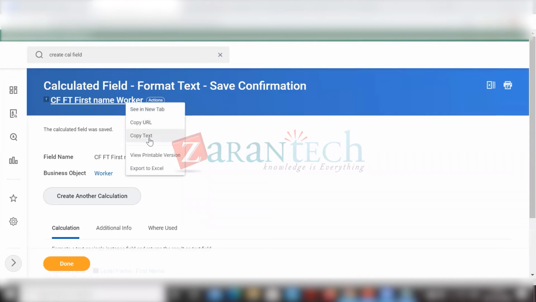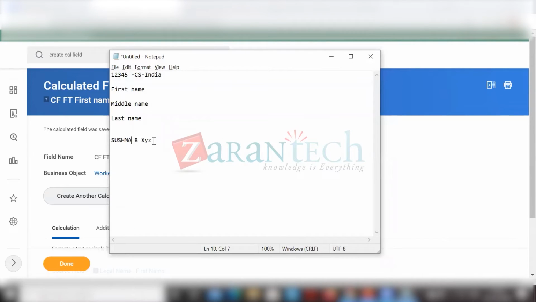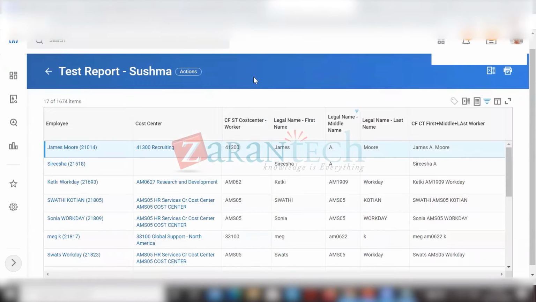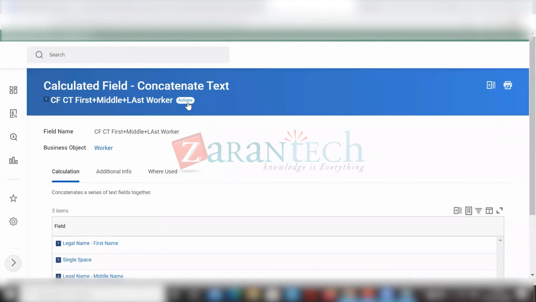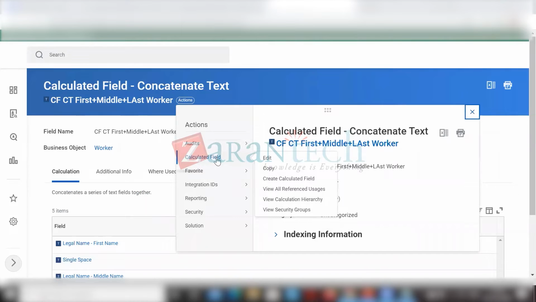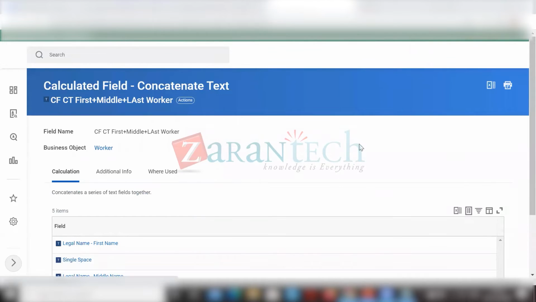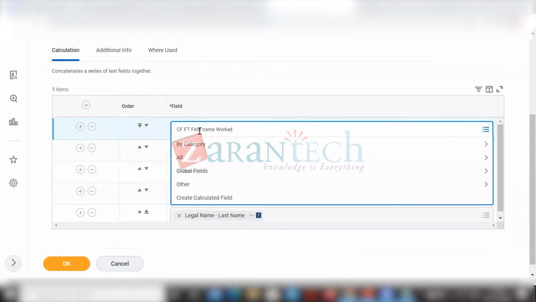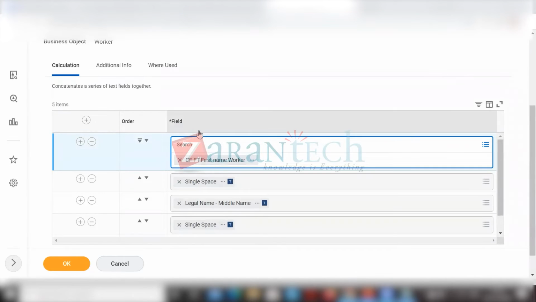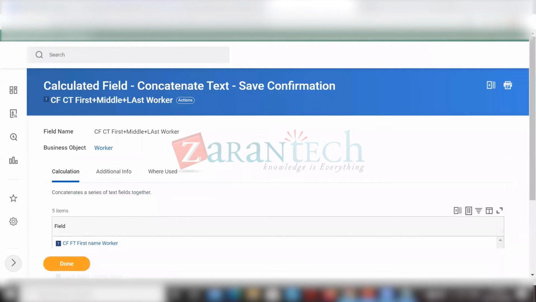But in my concatenate text, I wanted it to look like this. So what will I do now? In the concatenate calc field, we have to fetch this calc field, the one with the caps. I'll remove this one and put the calc field which I created now. It's a text field, right? Now if I go and run this report,